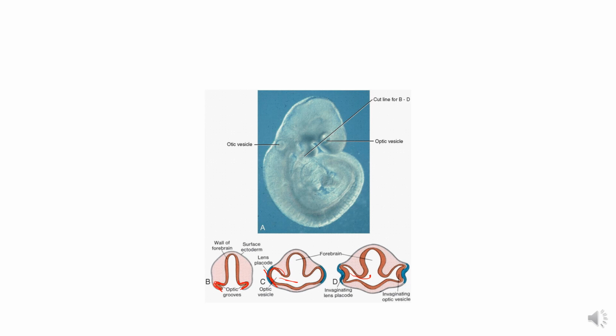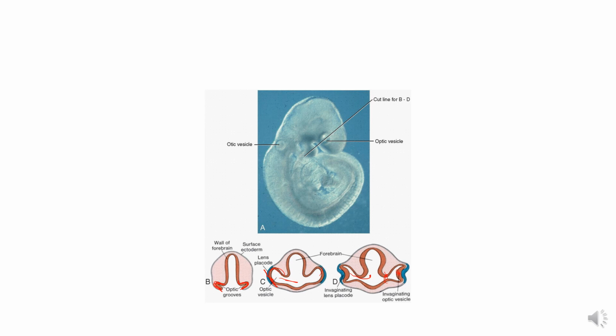As each optic vesicle grows laterally, its distal end becomes expanded, whereas its proximal end, which connects it to the forebrain, becomes constricted to form the hollow optic stalk. So here you can see its proximal end is constricting and forming the optic stalk, and this is the distal end which is expanding. By the end of the fourth week, the distal end of each optic vesicle reaches the surface ectoderm. So this is the surface ectoderm, and it comes to lie almost in contact with it.